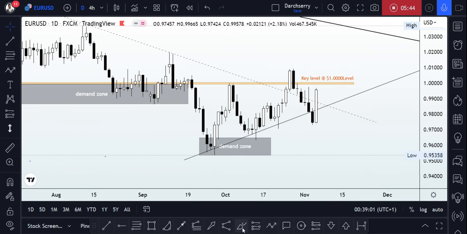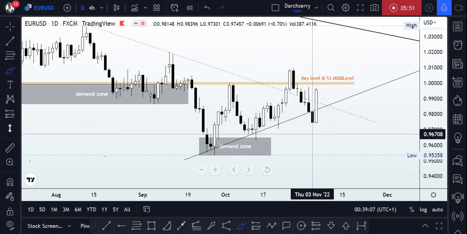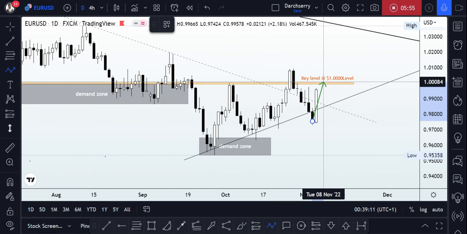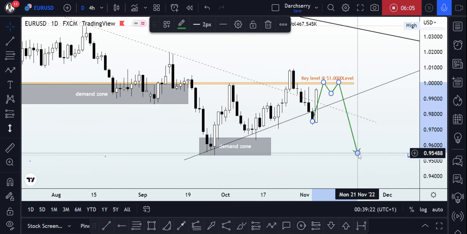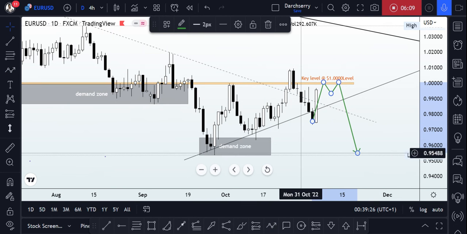Then the second scenario I want to be looking at is how price action is going to relate to the $1 area again. There is a possibility that price evolves into a reversal pattern right below the $1 area, and probably selling pressure around that area on lower time frame could incite a trend continuation to the downside. And if that happens, we might be looking at the demand zone around the 0.9600 level as a take profit